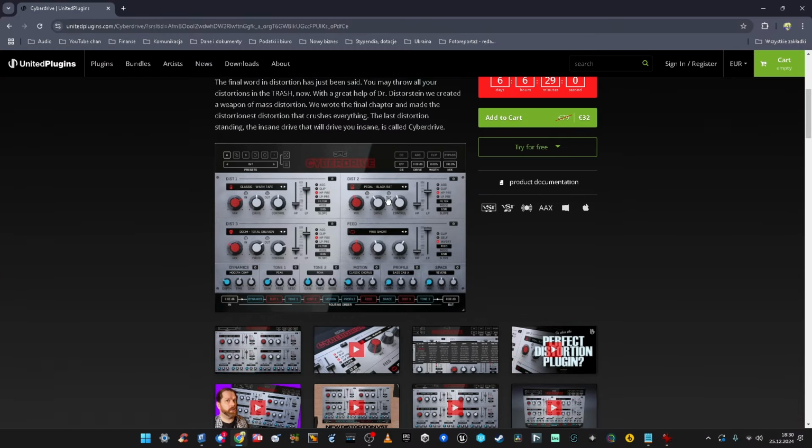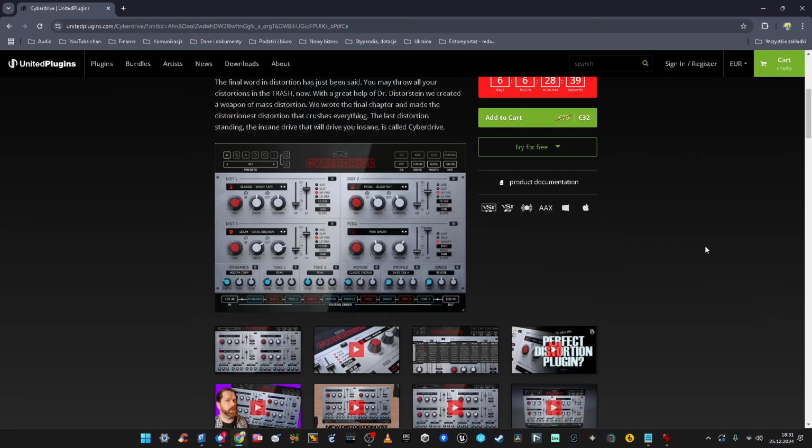And this thing is a 4-stage, like 3-stage distortion plus additional feedback circuit. And it sounds really totally amazing. It's very versatile. It's multi-stage, it's highly automatable. It can sound like whatever, from very slight soft saturation to absolutely smashed, destroyed stuff. And yes, it really did come into my arsenal. I tend to choose it more often than, for example, Saturn II right now, which says a lot about this plugin, at least in my arsenal.